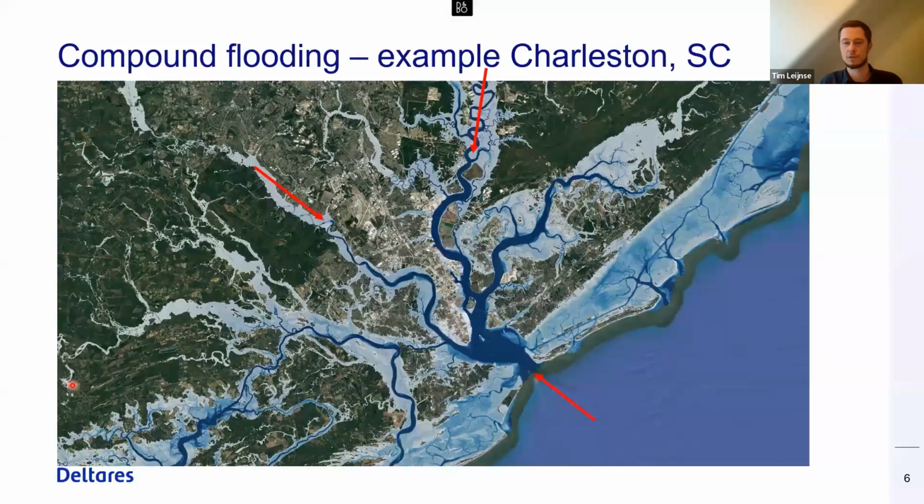The compound flooding in general. So I start with this figure in Charleston, in South Carolina, where you can have an estuarine setting with different rivers, including the Cooper River, which is the larger one. You have some barrier islands. And you can see from the parts that are blue and red during a historical storm, it is a very vulnerable environment. It's quite low lying,